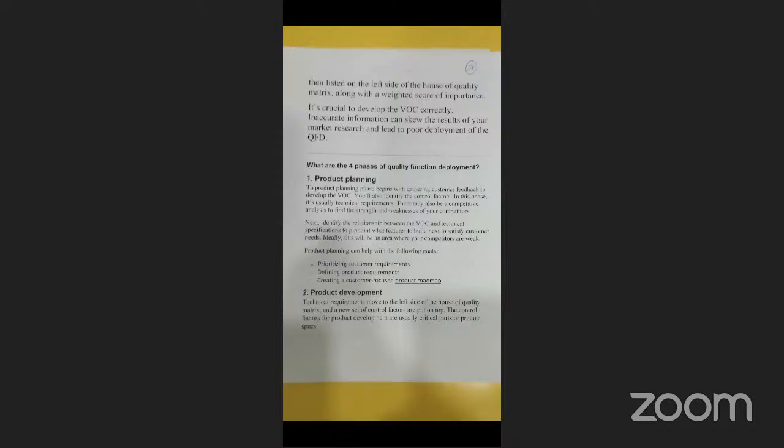So there are 4 phases. First is product planning. The product planning phase begins with gathering customers' feedback to develop the VOC, value of the customers, voice of the customers. Then we will identify the control factor. In this phase, it is usually technical requirements are there. So there are many, so competitive analysis will find out the strength and weakness of our competitors. On the basis of that, product planning helps